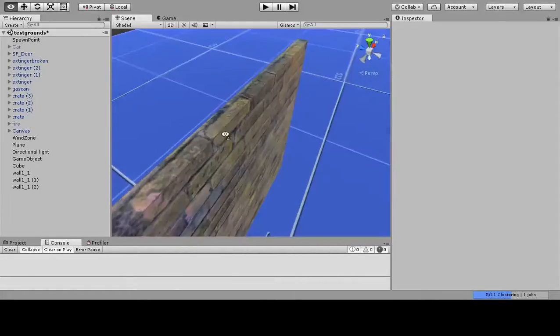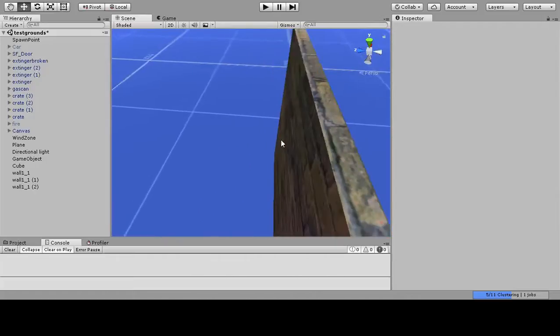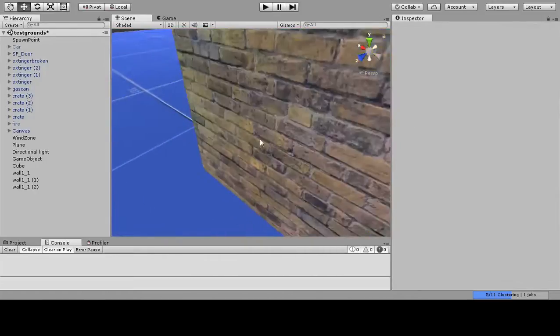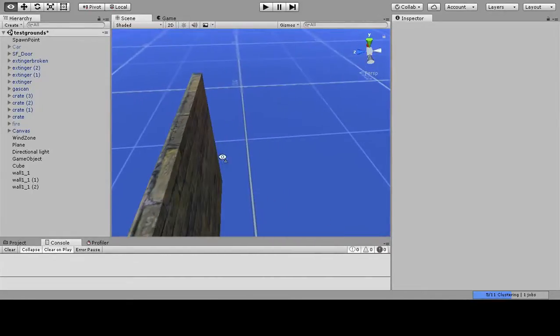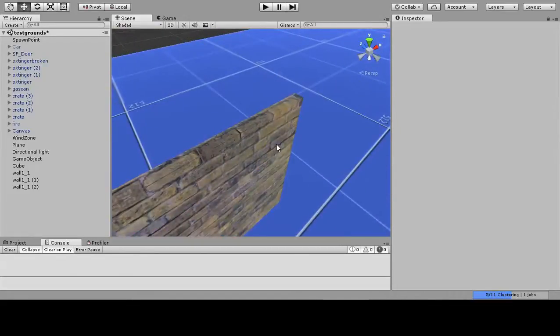And then here's the thing. Maybe you don't want this wall to be double-sided like this. Maybe you only want it to be one-sided. And then you have to do another model, and then you have another draw and stuff. But